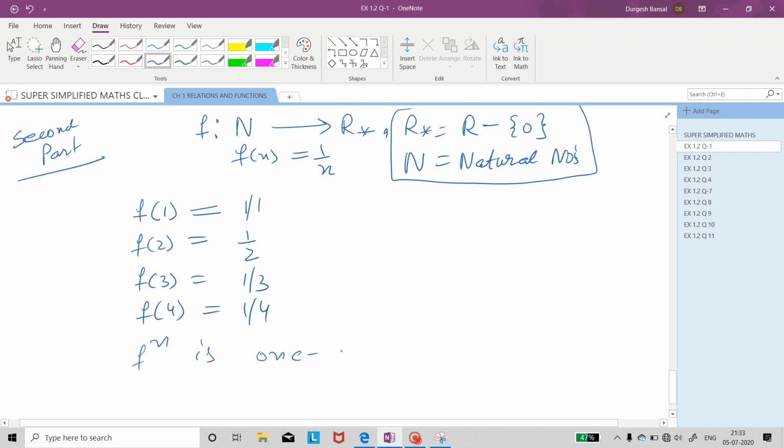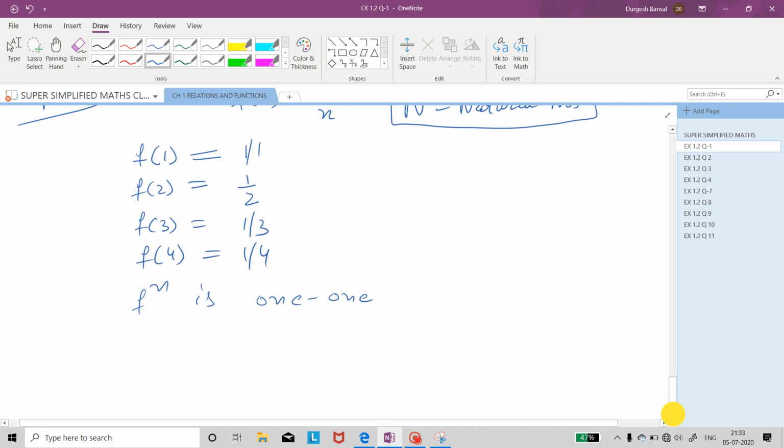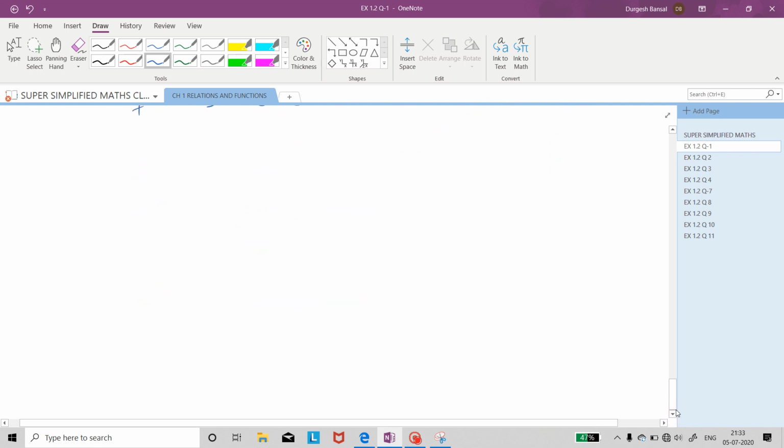But whenever it is 1-1 or onto, you have to prove it. And whenever it is not, you have to give an example in support of your statement. Since you said the function is 1-1, just giving a few examples won't suffice. We have to prove it. How should we prove that the function is 1-1? Methods I have already explained to you.